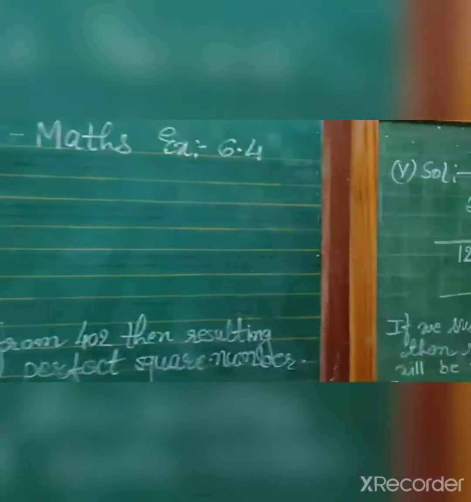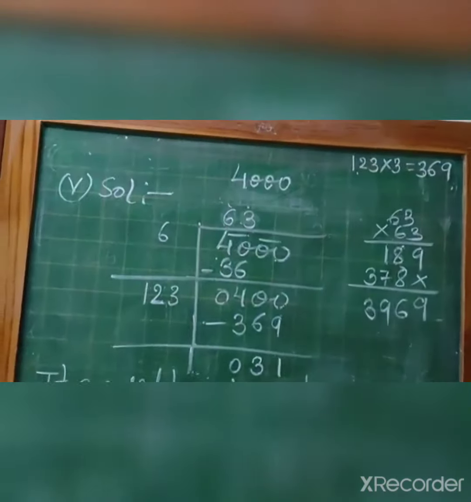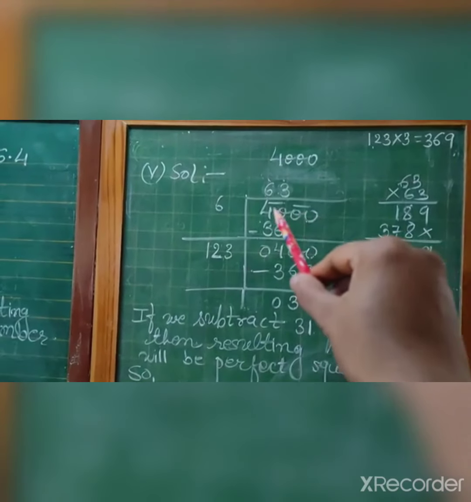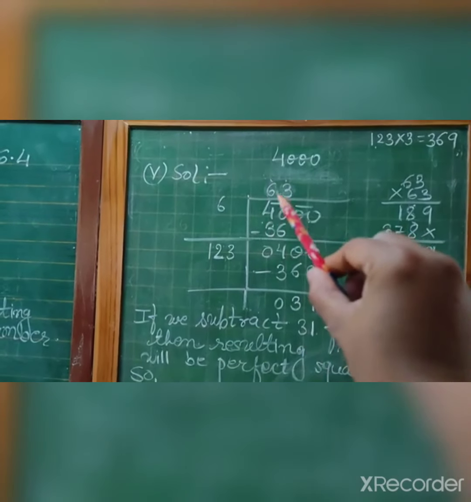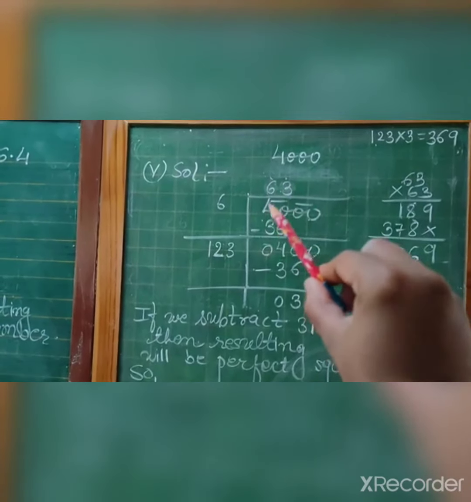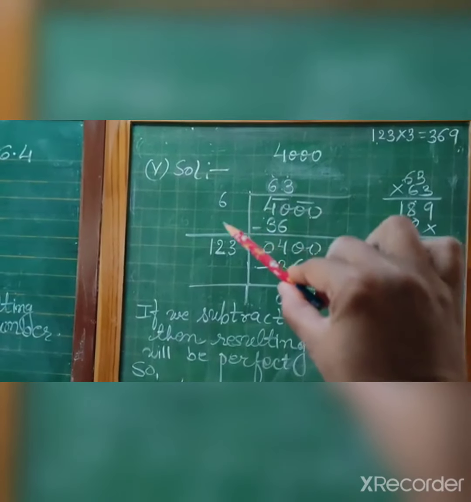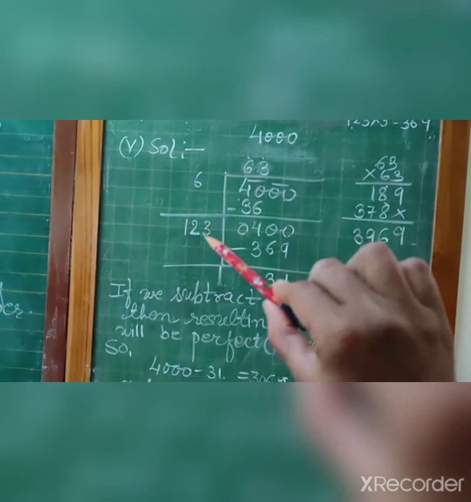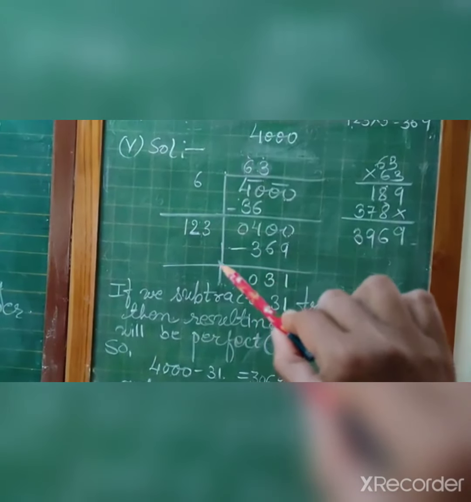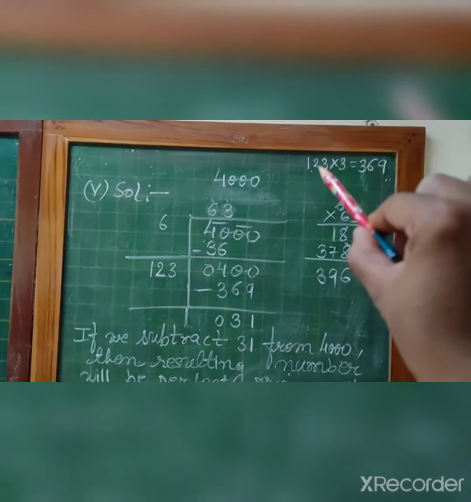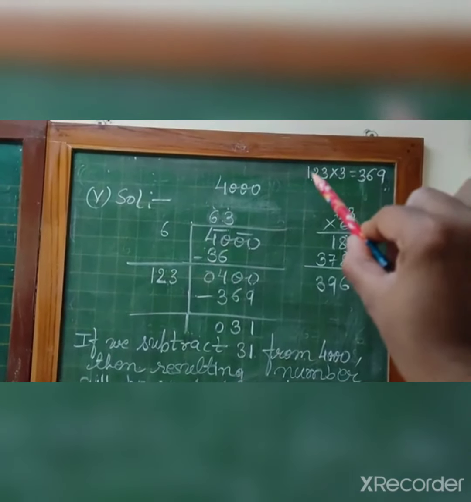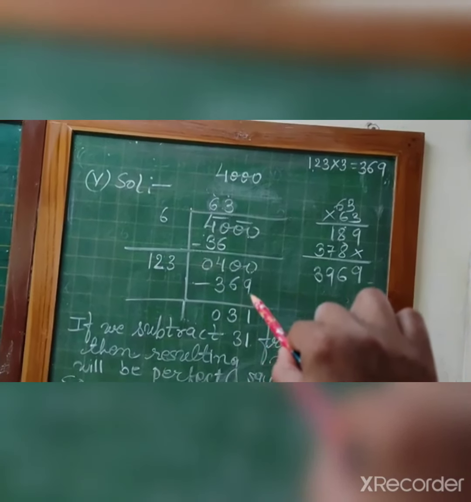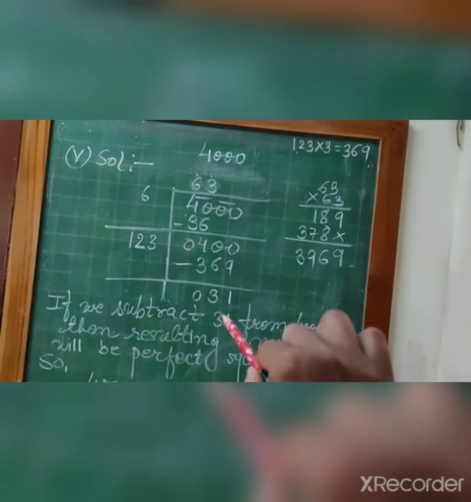Okay. Now next is the fifth question. The number is 4000. Form pairs, so 00, 40. 6 6s are 36. 40 minus 36 is 4. 6 and 6 make 12. Now when you calculate, 121 into 1, 1 1 is 1, 2 2s are 4. When you multiply this 1 2, already there 3 3s are 9, so 3 2s are 6, 3 1s are 3. So when you subtract this 369 from 400, the remainder will be 31.